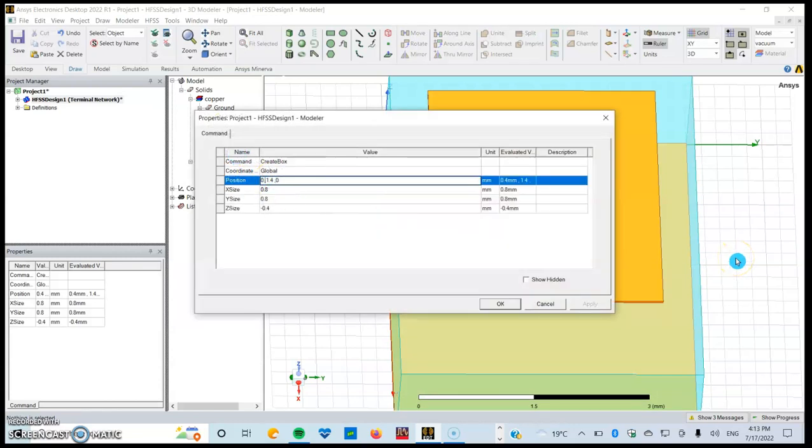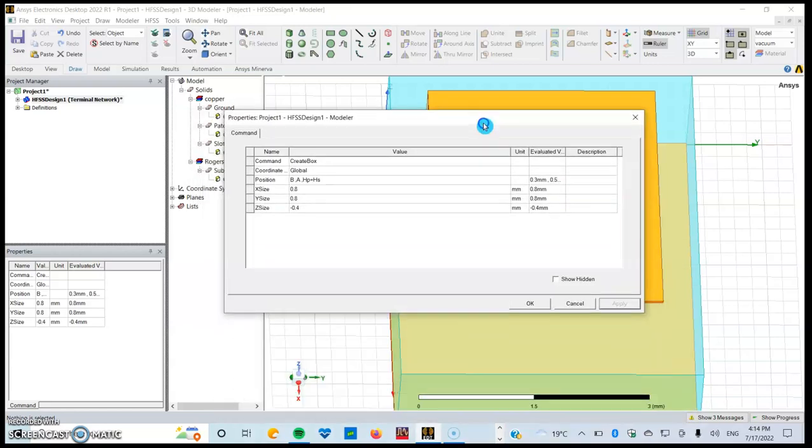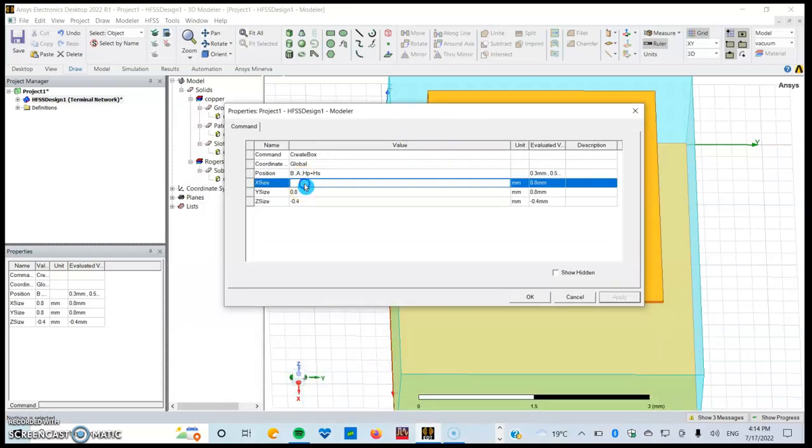Where is it going to start? In this case it's going to start at B, and on the y-axis it's supposed to start at A, and on this one suppose HP plus HS. Right, so you can see it right there at the top. Okay, so now we need to